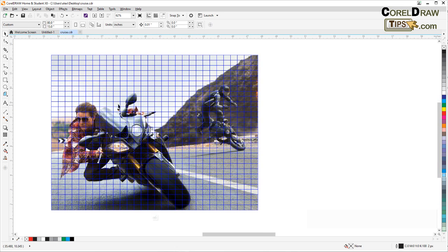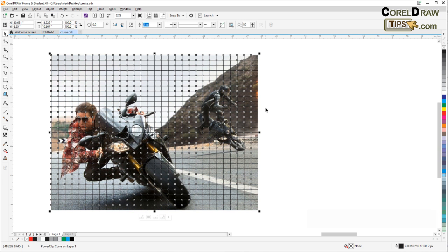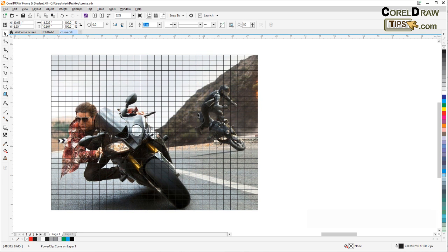So if you're satisfied with that, see the corners here are fine, and then I can just go to object and then power clip, and then finish editing this level. There. Now,